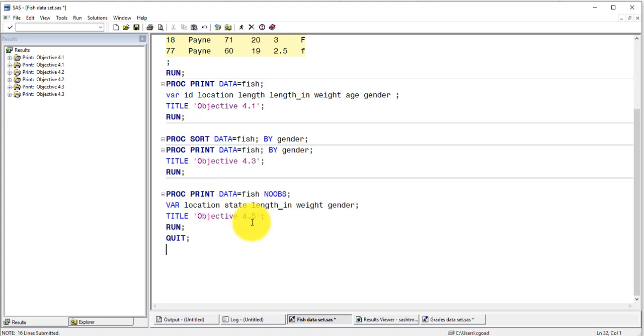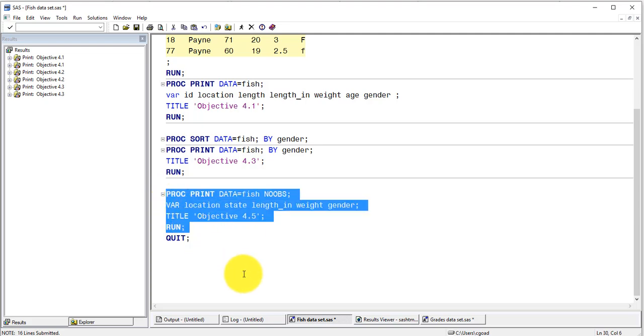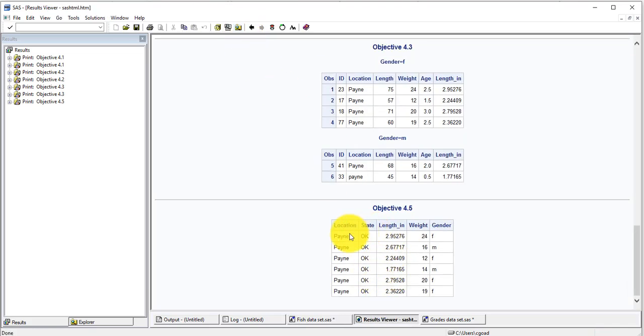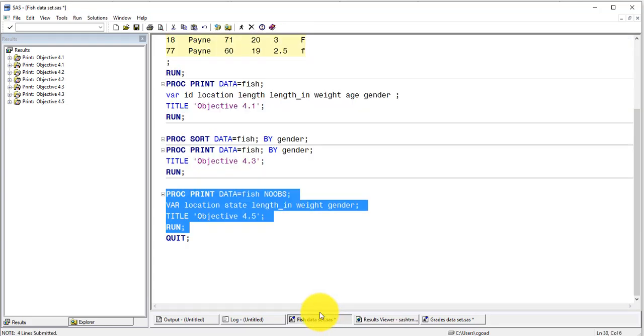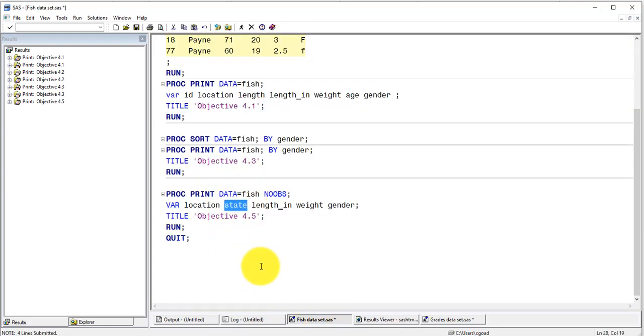So instead of our quit statement here, we're going to print this, and I'm going to put location and state, and the length in inches, the weight, and gender. Since I have resubmitted the data step fish, that means I can go through and submit this code and it will do the right thing here. Previously I had an observation here with Payne misspelled or as lowercase. Now those are all fixed. I've inserted state equals Oklahoma, and the reason state occurs as the second variable is because I placed it second in the VAR statement. Without this statement in here at all,